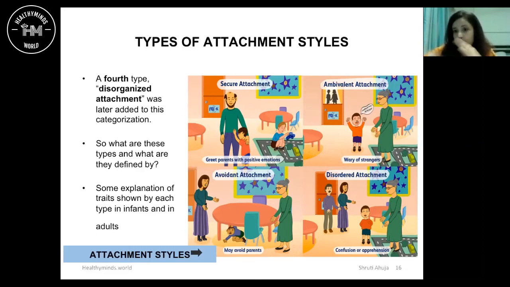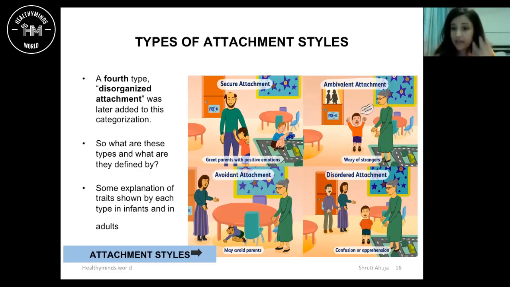It was very fluctuating. With the avoidant children, when the mother came back, the babies didn't show too much desire to be with the mother. They were quite okay that the mother left them. They may show some distress, but when the mother came back, unlike the secure or anxious babies who immediately clung to the mother, these children were a little slow to warm up to the mother, slow to attach and cling and say, why did you leave me, where were you? There was this avoidant behavior.